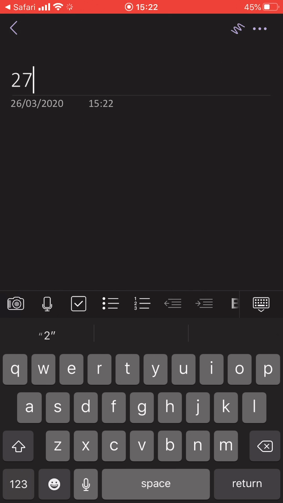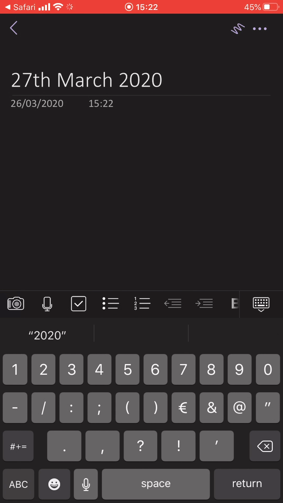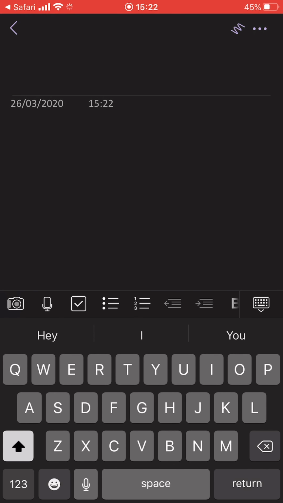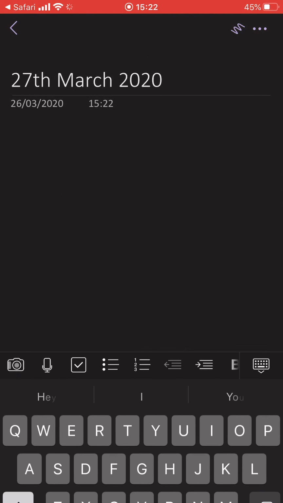And I just remember to put a title on that page, 27th of March, this time 2020. I can go back out and I can add another page. I can keep doing this as many times as I want to make as many homework pages as I want. So if I just go back here and go into March 27th, I can also add an audio note